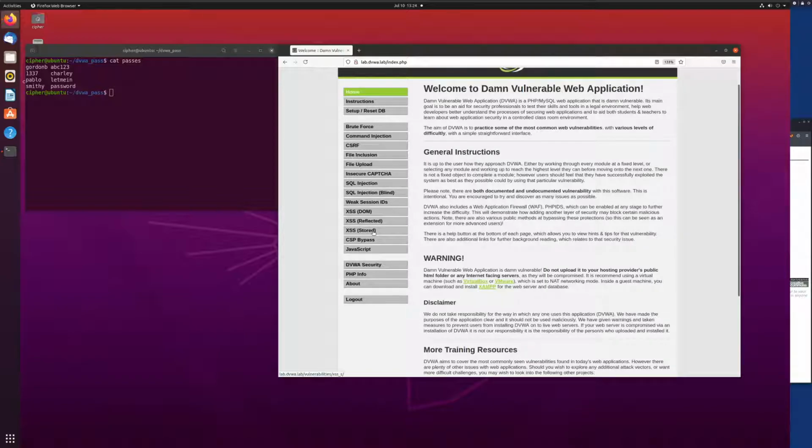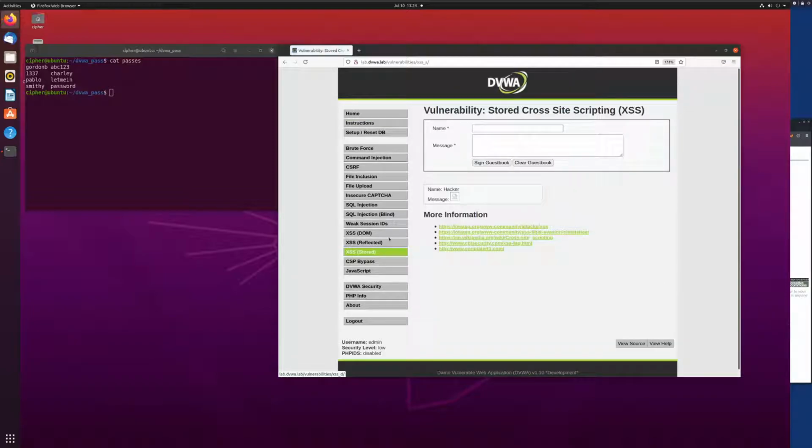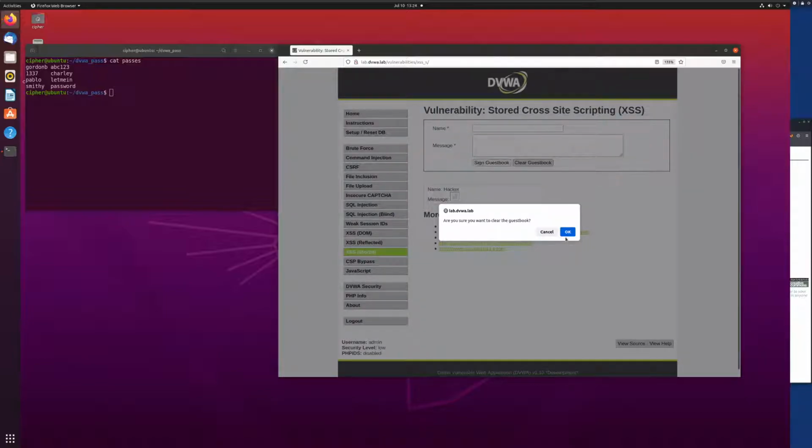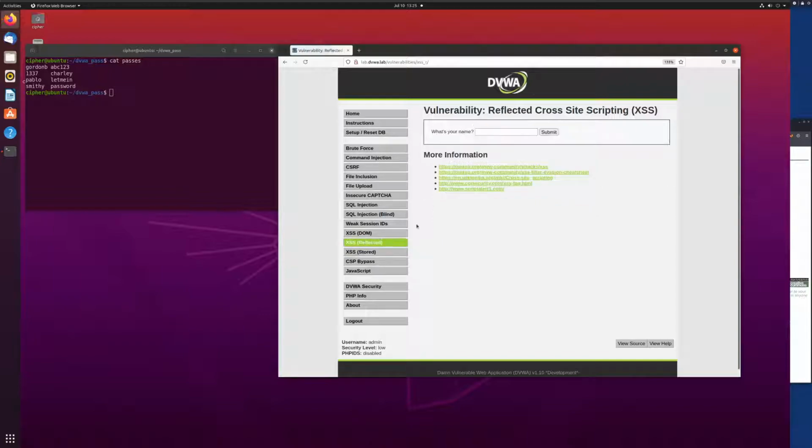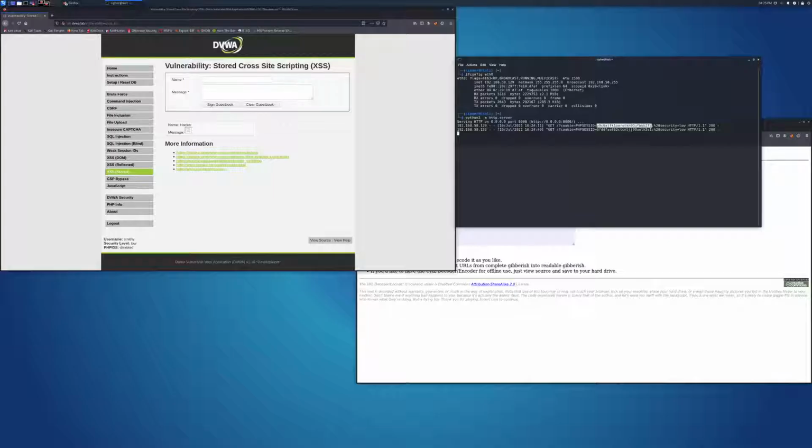Say you put that in a blog post or something like that. We're going to go to that blog, and then it's like, huh, something's not right here. I'm going to just clear this out because something's wrong. Then we'll go to the reflected page. This guy's going to keep doing whatever he's doing. It doesn't matter anymore. If we go back to our Kali system,